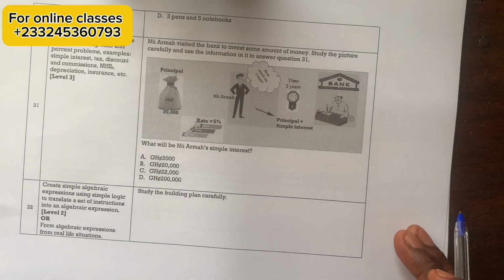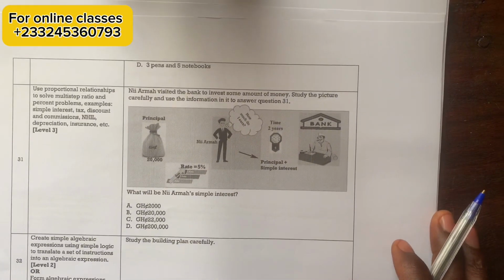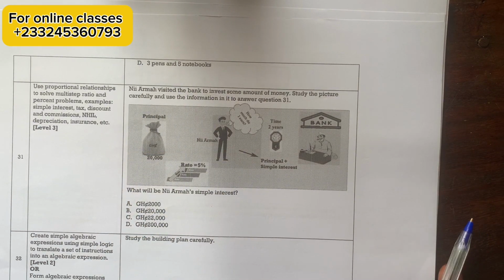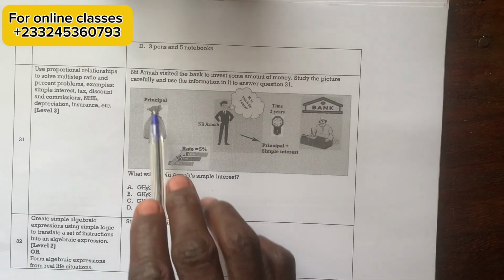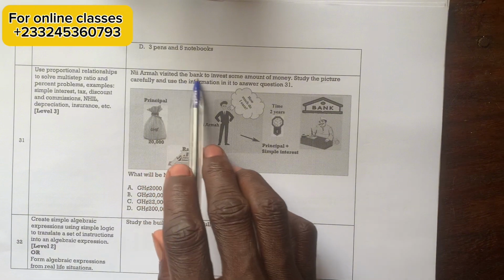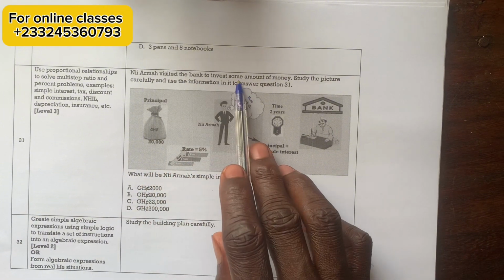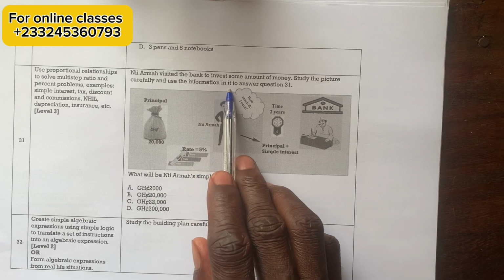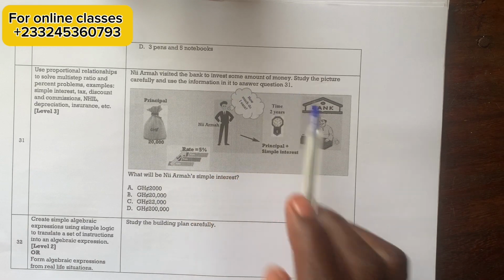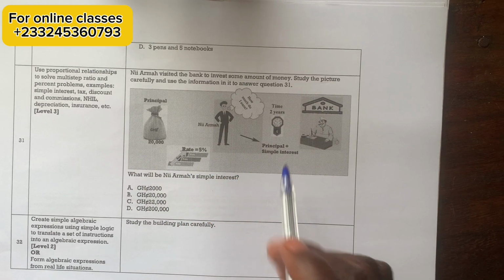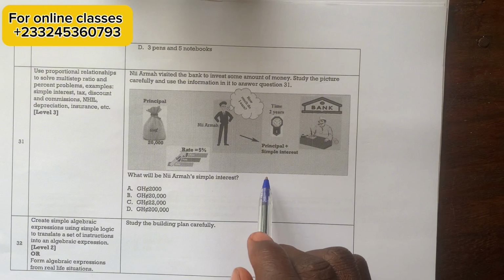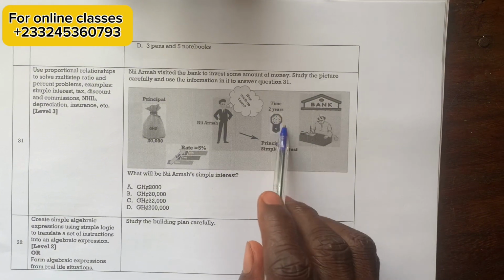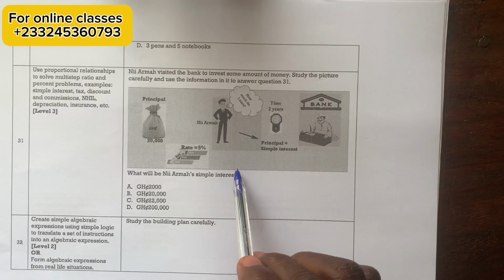Now let's see this one. So this is the answer D. Let's see. Niyama visited the bank to invest some amount of money. Study the picture carefully and use the information in it to answer question 31. Niyama, you like investment, right? You are saving for 2 years,